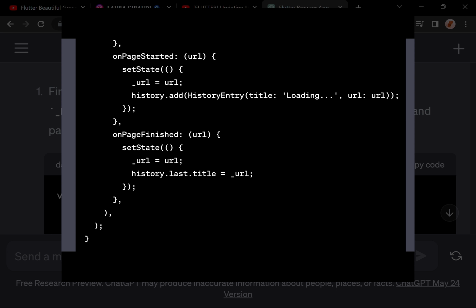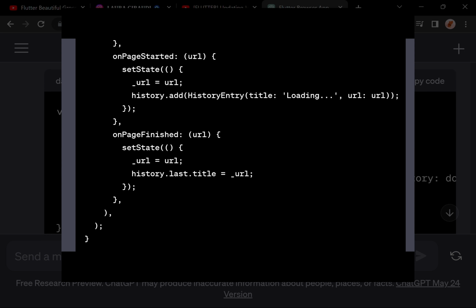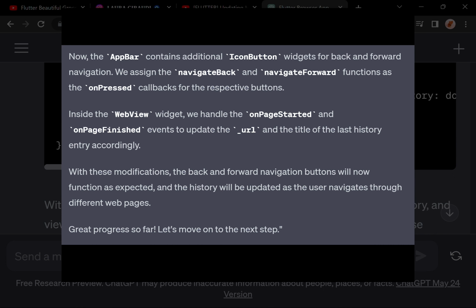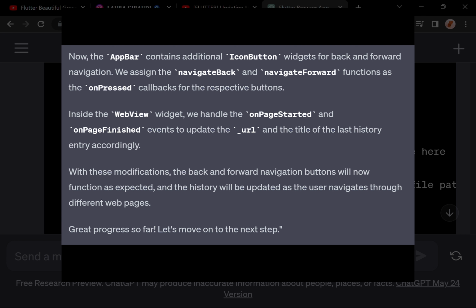}); }, onPageFinished: (url) { setState(() { _url = url; history.last.title = url; }); }, ), ); } ``` Now, the `AppBar` contains additional `IconButton` widgets for back and